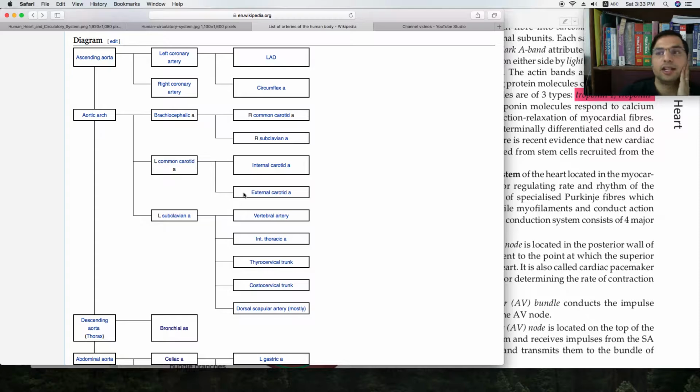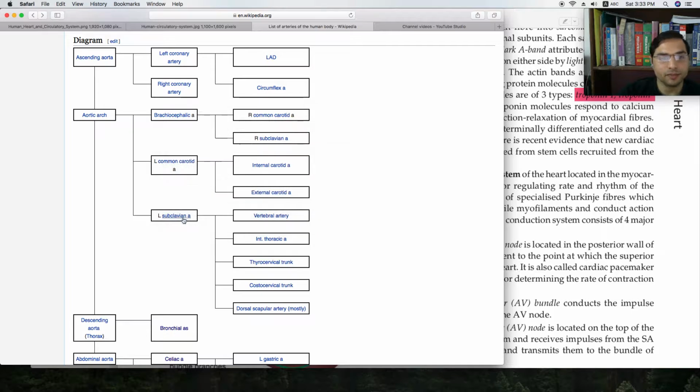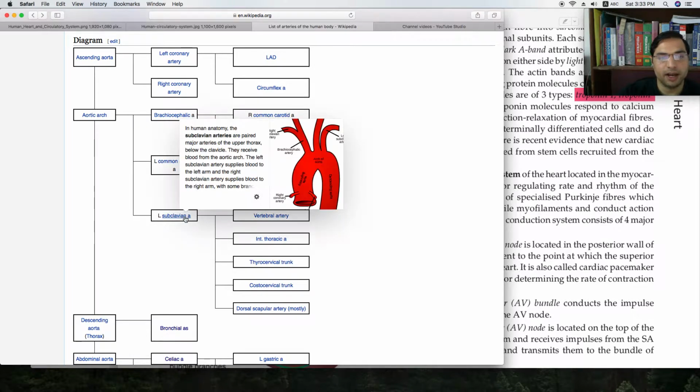One on the right side and one on the left side, it is dividing into external and internal carotid arteries. Whereas this subclavian artery gives off its branch as vertebral artery, and this vertebral artery also goes into the brain. So brain receives two arteries, one is vertebral artery and second is carotid artery, right? This left subclavian artery,